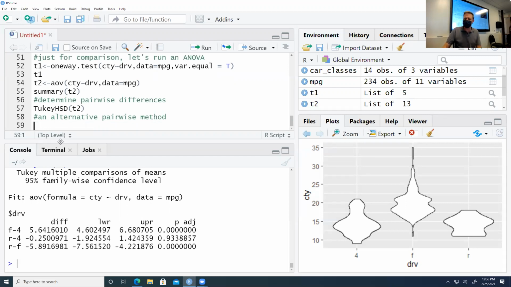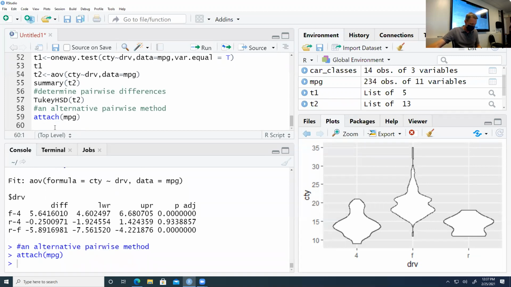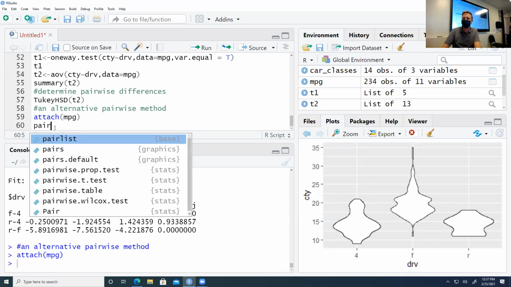And here, the reason I wanted to show you this is there is a shortcut for not having to always do data equals. If you're doing all of your tests on the same data set, one thing you can do is the attach function and then MPG. So we're going to attach MPG to the memory of the console. And what that means is anytime we give the name of a column, it's going to go to this attached data frame, which is now MPG, okay? So we can do attach, it's now attached, and we can do the pairwise